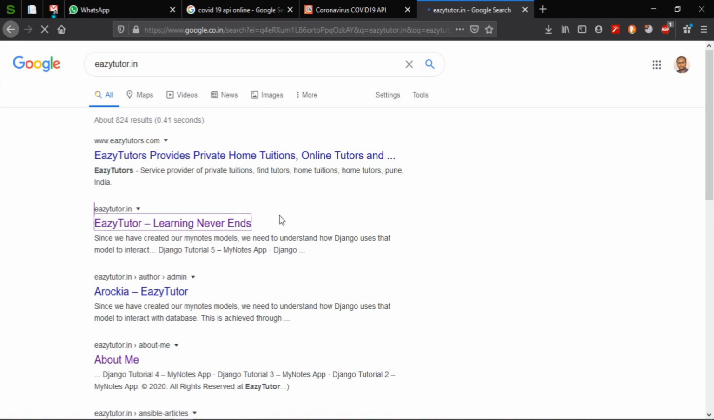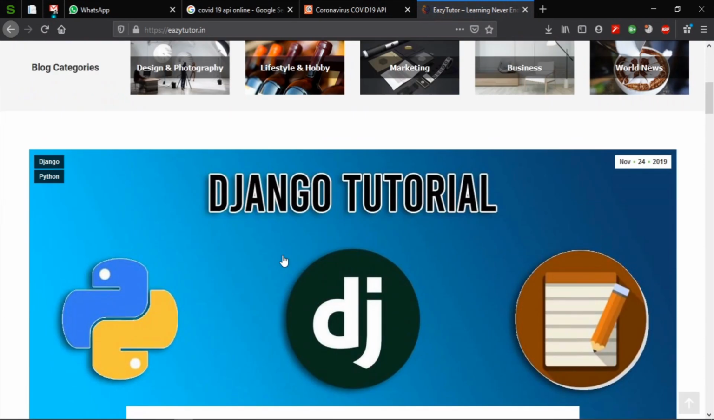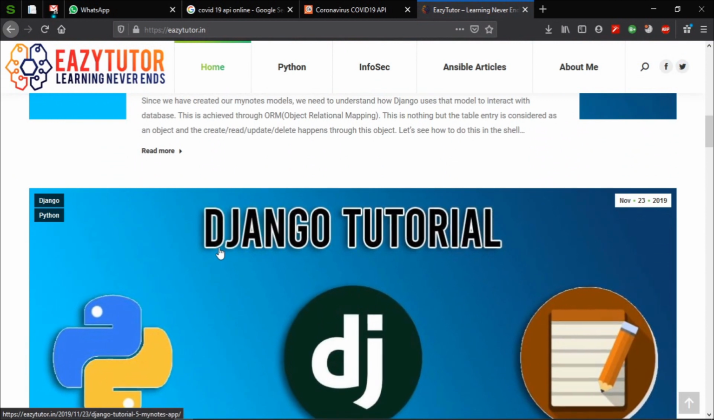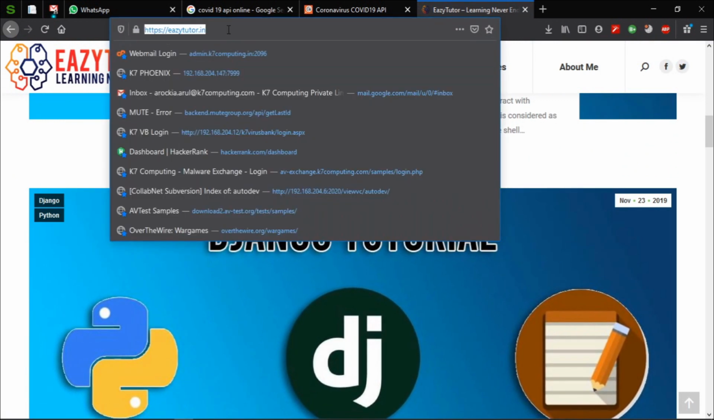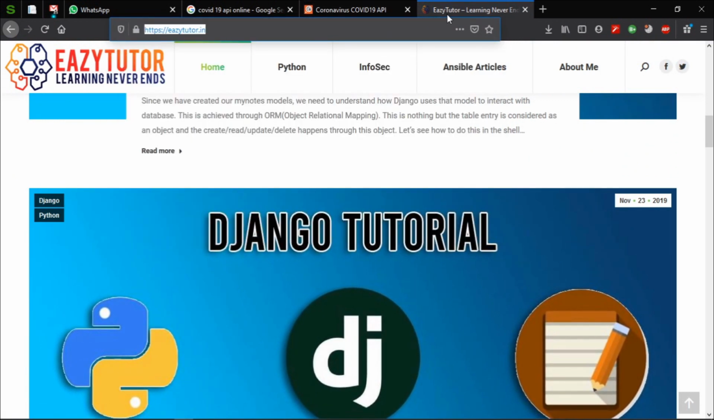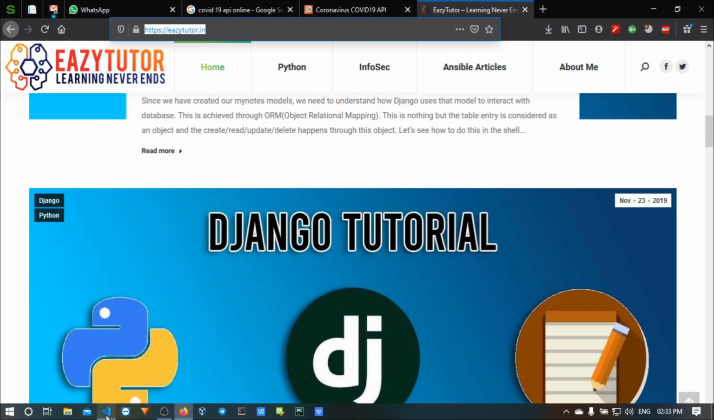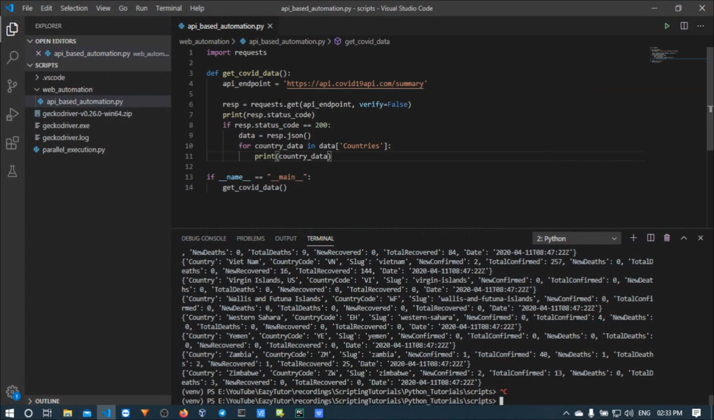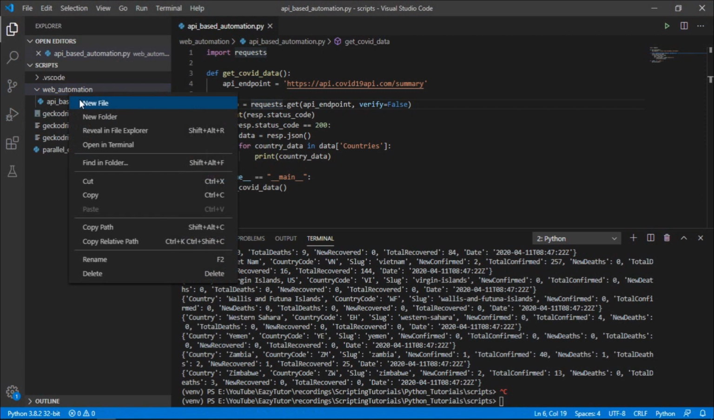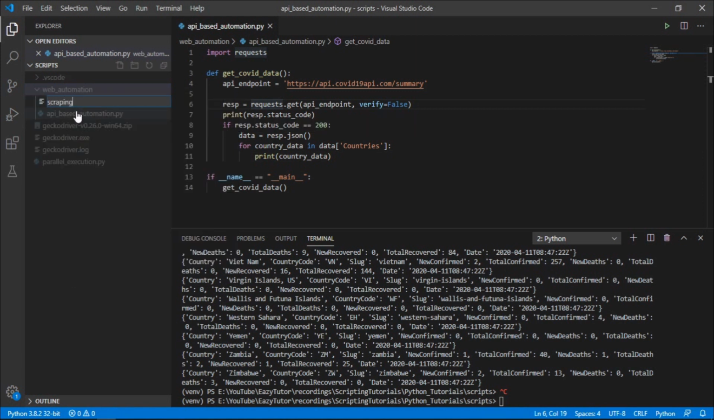This is the website. Let's say we need some data from this website which doesn't have any API. In this scenario, how do we approach and fetch these details? First we need to hit this and we get the page source. From that page source, we can have scraping based